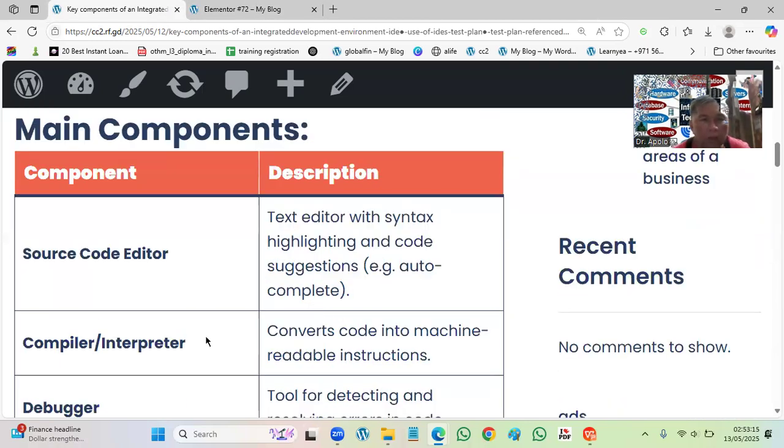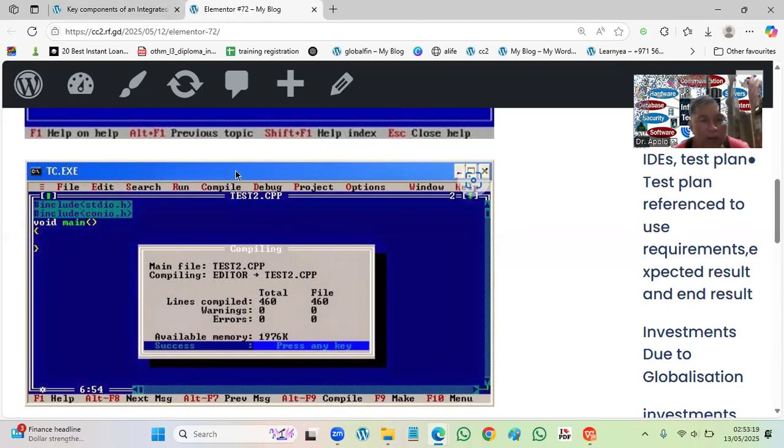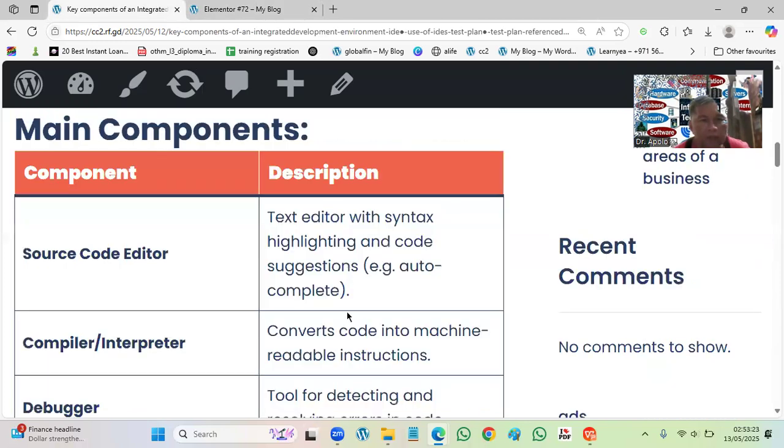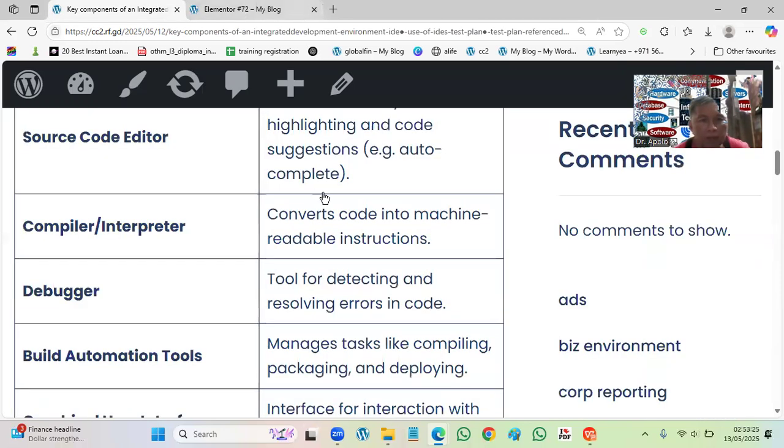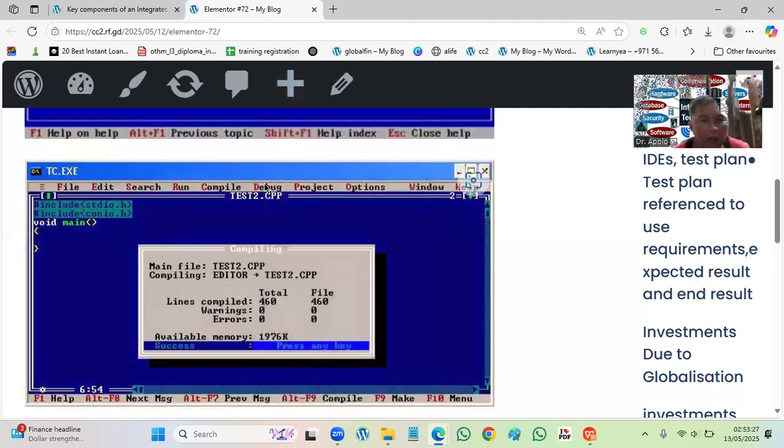Then compiler, interpreter. It has a compiler here. When you click this one, it is going to compile. Then it has a debugger, this one. Have you seen the debugger? Because when the program has an error, when you run debug, it shows the error and then you correct it.